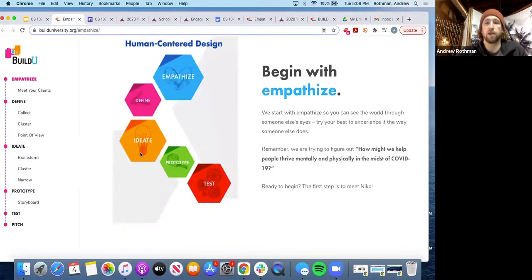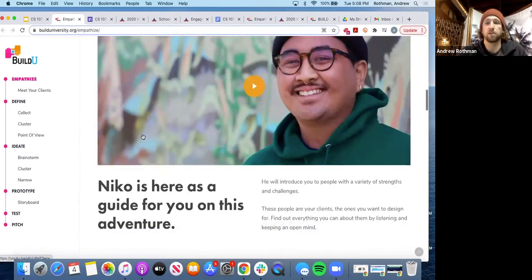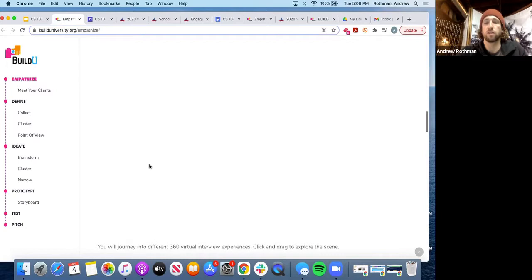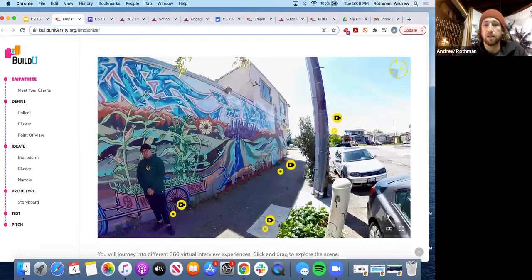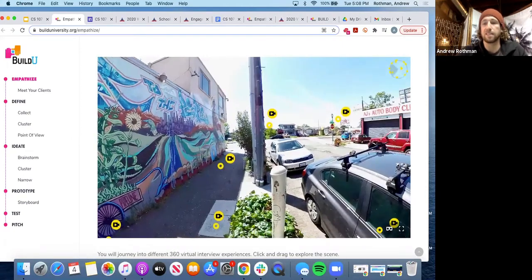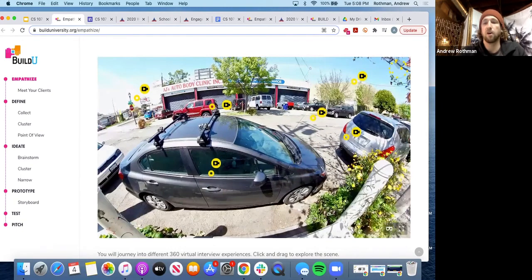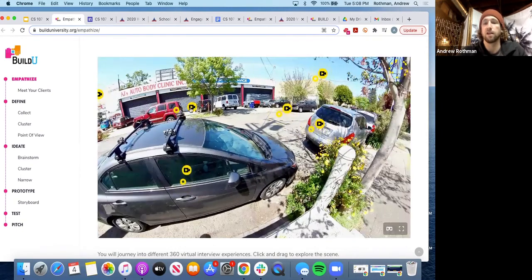If you scroll down on the page, there are the videos we've already watched. And there's this really cool thing, I think it's called a ThingLink. Once it pops up, this is a 360 picture. This looks like somewhere in North Oakland. And all of these are videos with Nico, with a question that he answers.